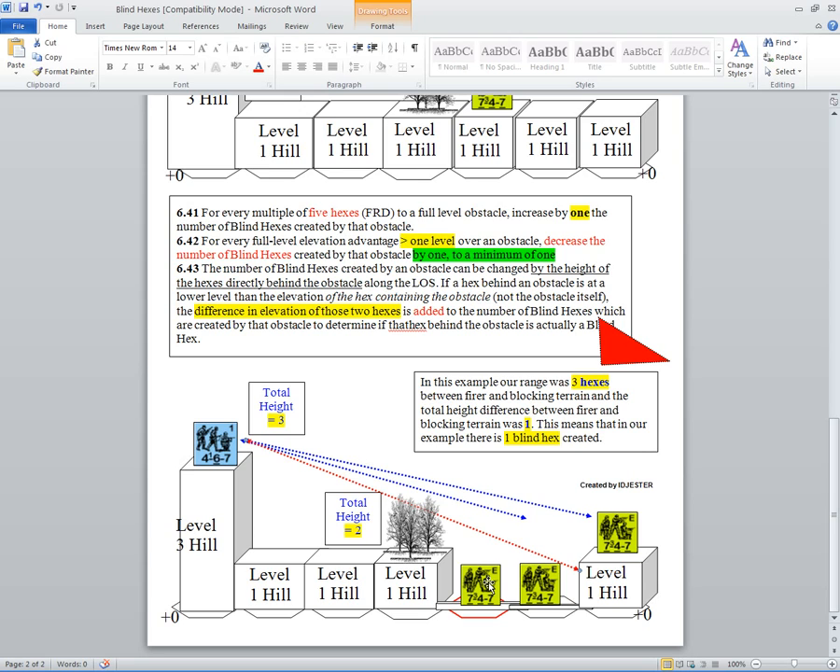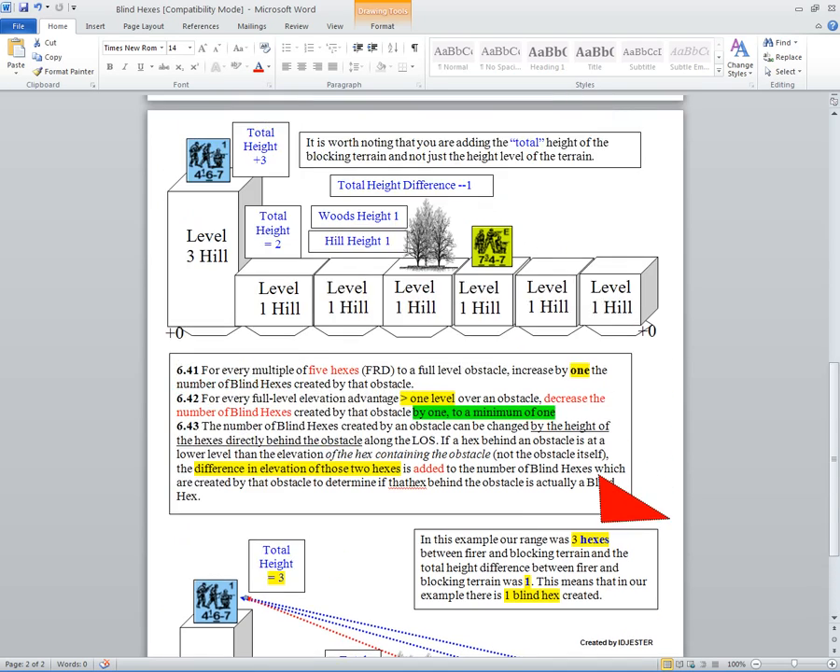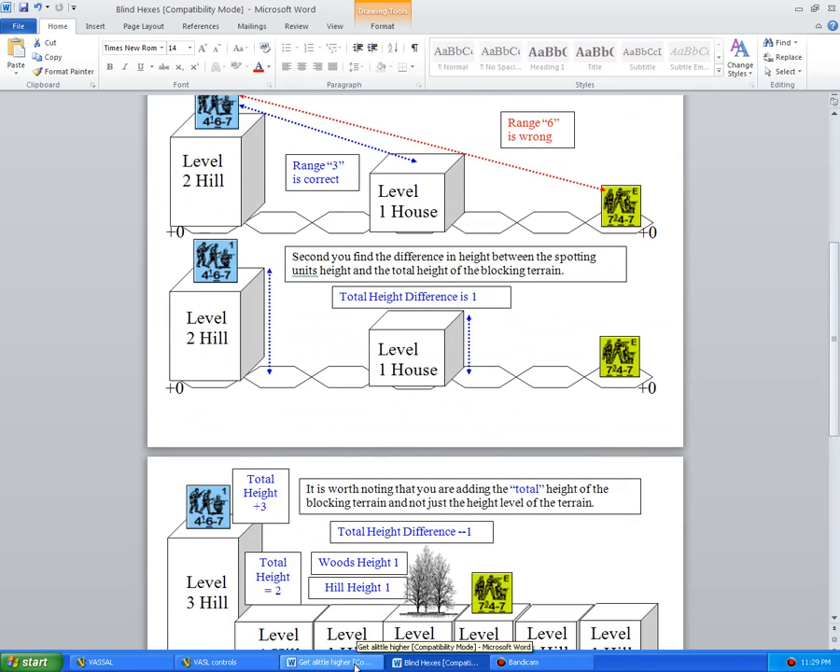And of course, if there's a height differential between the unit behind the obstacle and the obstacle height, then that is going to actually add more blind hexes to the attack. So hopefully this was helpful,